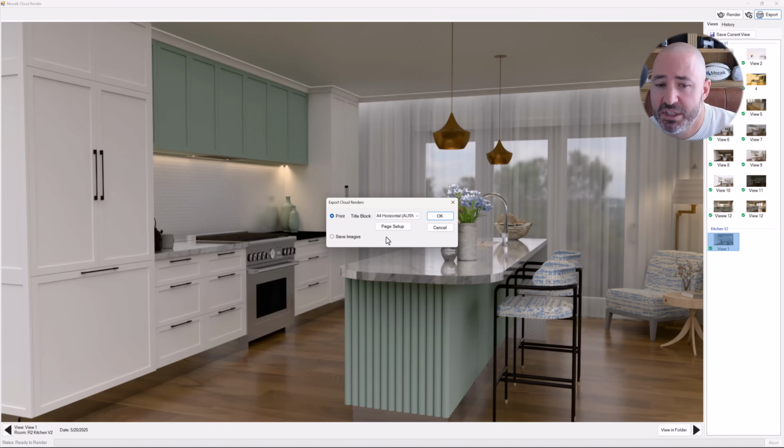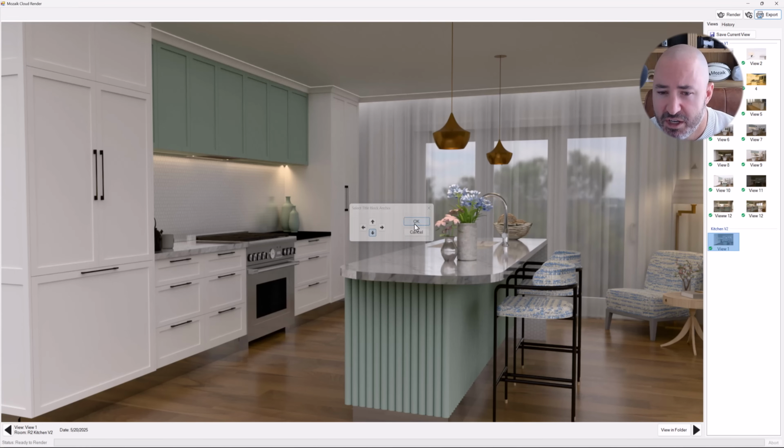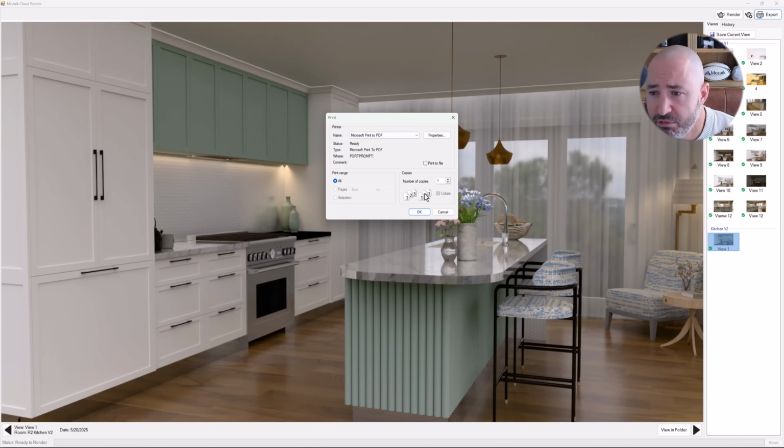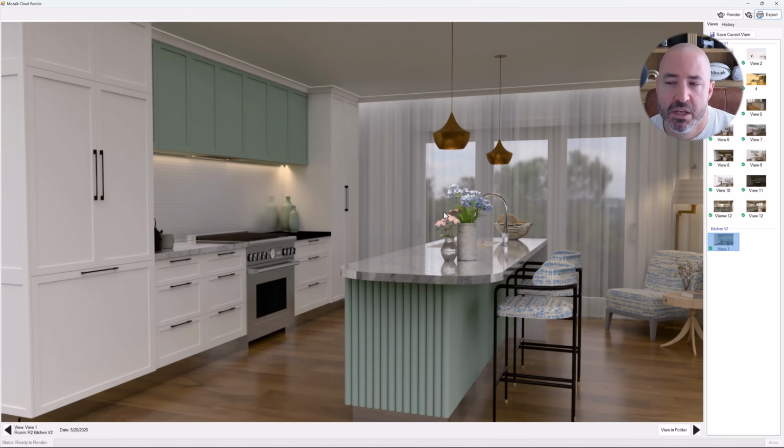But the ability to just go ahead and assign a title block, press OK, choose where your title block goes, and then print that off means that you can automatically take all your rendered images and just have a nice PDF, printed out, ready to go, ready to email to your client with all your title block information on there. So overall, like those changes with 3D viewer and rendering,